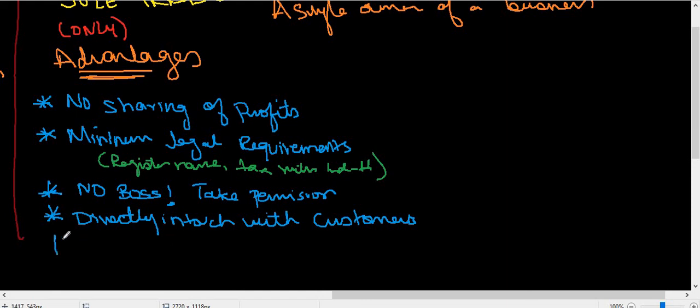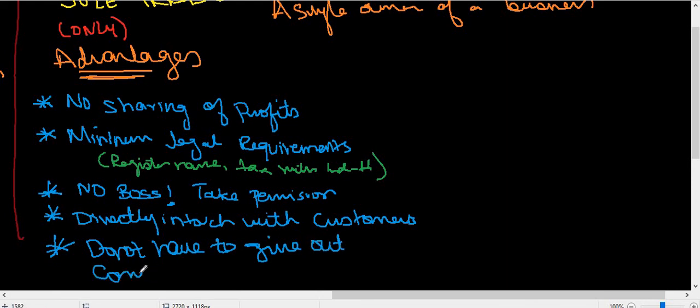Yes, you don't have to give out company information. So in the next slides, you will be reading that other organizations, especially the limited organizations, would have to publish. They would have to put it on the website, put it on their news, anywhere, what their financial situations are, what they have done. But a sole trader does not have to give out company information about